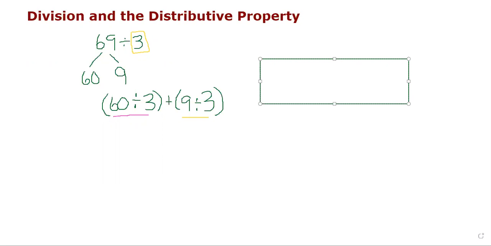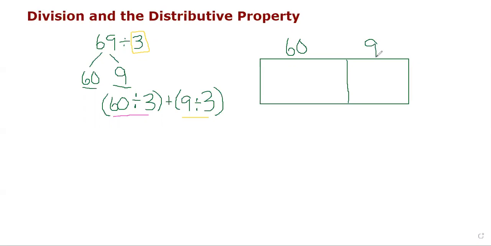The size of the rectangle isn't 100% important as long as it's big enough to fit our pieces in. I divide it into 2 numbers, so this rectangle is going to be divided into 2 boxes. One box is going to have 60, and the other box is going to represent the 9. So I'm going to write those numbers on top, 60